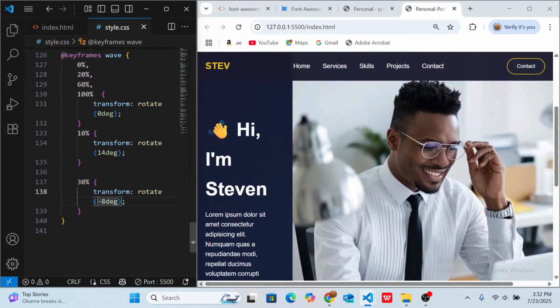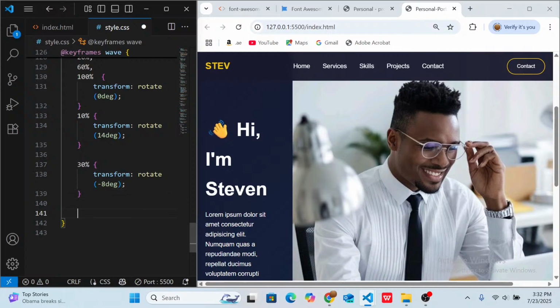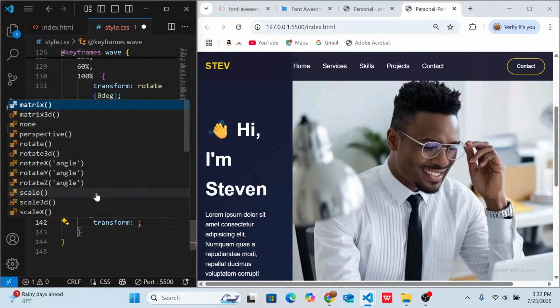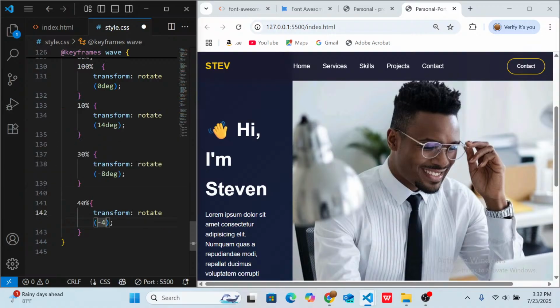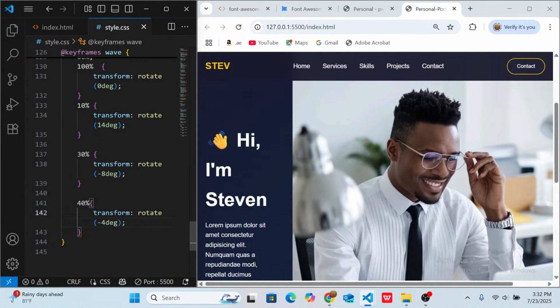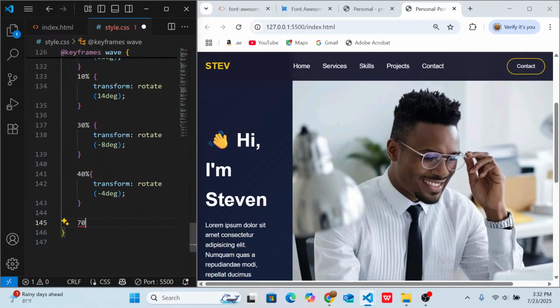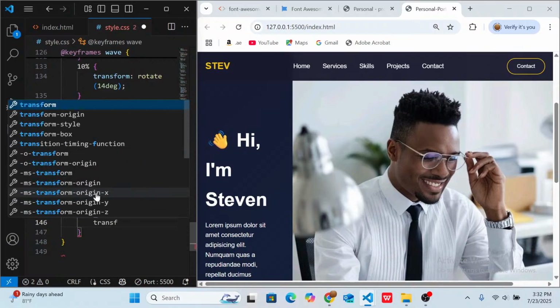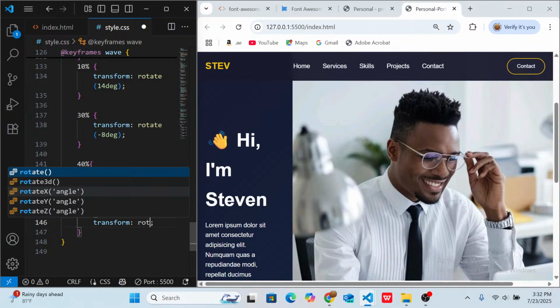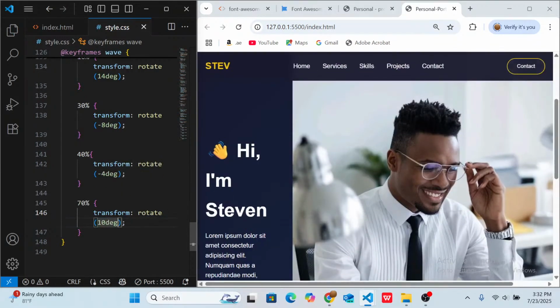Minus 8 degree as well. Then for the 40%, the transform, and then for the 70%, the transform will be rotate as well. Okay,